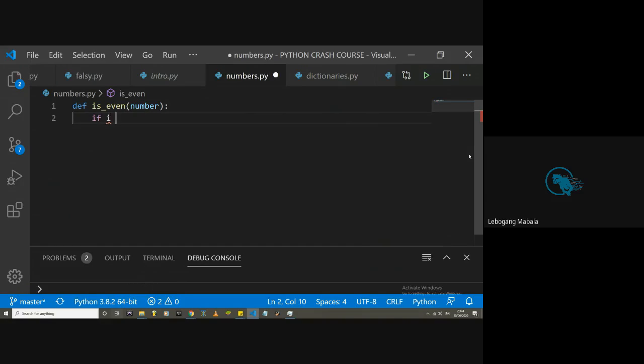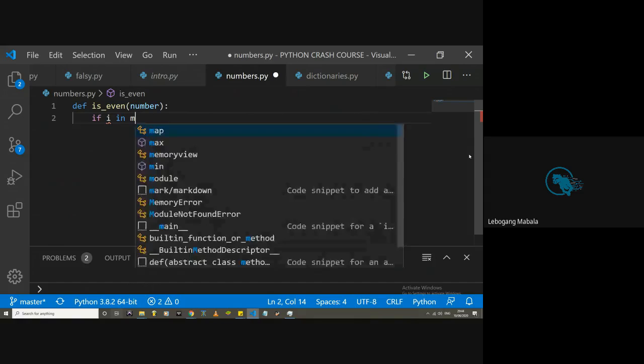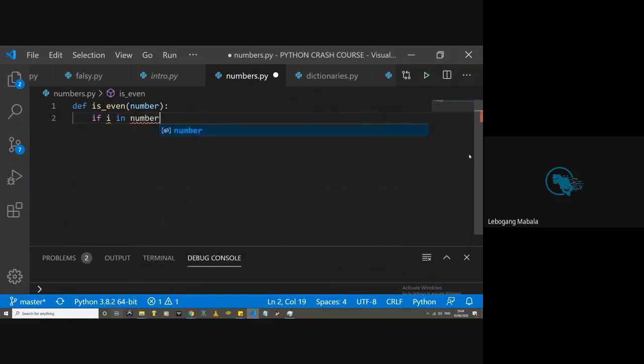I actually forgot how to do that. Just do the modulus that we were doing just now. If number, two equal signs, equal to 0,